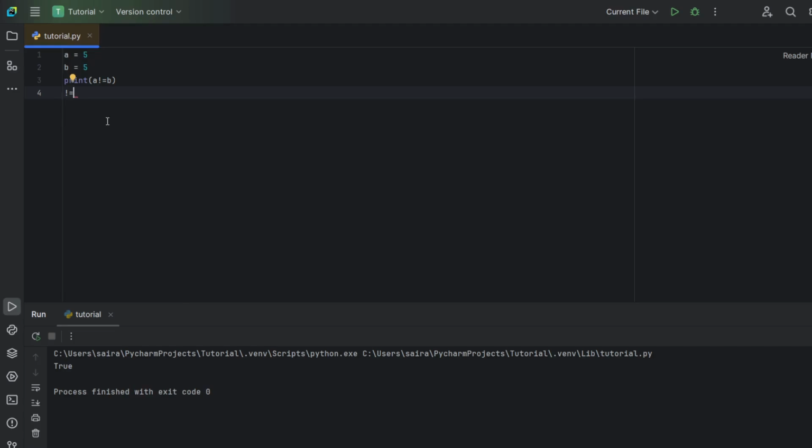If they're not equal, the result of the comparison is true. So over here, it'll print false, as 5 and 5 are equal. But if we put, once again, 10 and then run it, it'll print true, as 5 and 10 are not equal.